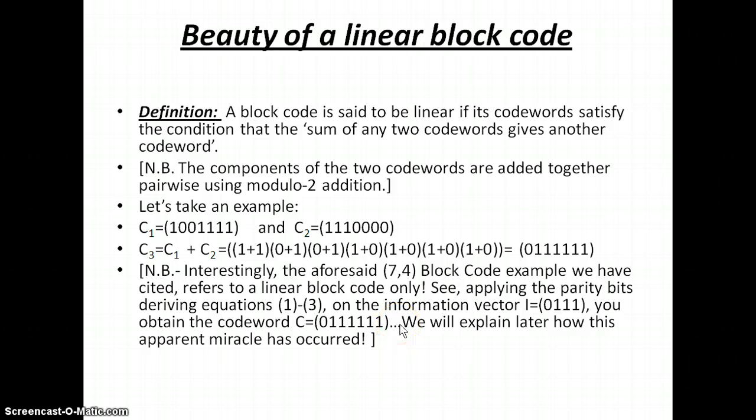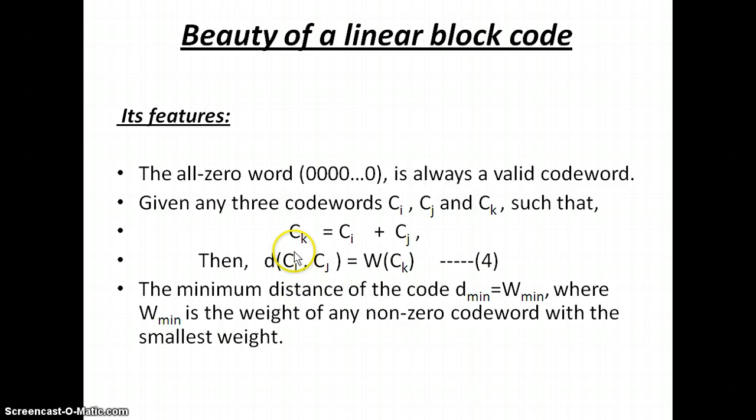Okay, this is very interesting, as we will see later, that in case of a block code which has certain linearity properties, this particular feature helps us to obtain a very interesting feature of the block code that is given in equation 4, that is d(Ci, Cj), the distance between two code words i and j, is nothing but the weight of the code word Ck, which is obtained by modulo 2 addition of Ci and Cj, which is the third code word Ck. And this gives you the ultimate advantage in terms of evaluation of d-min, where d-min now becomes w-min, where w-min is the minimum of the weight of any non-zero code word within this entire